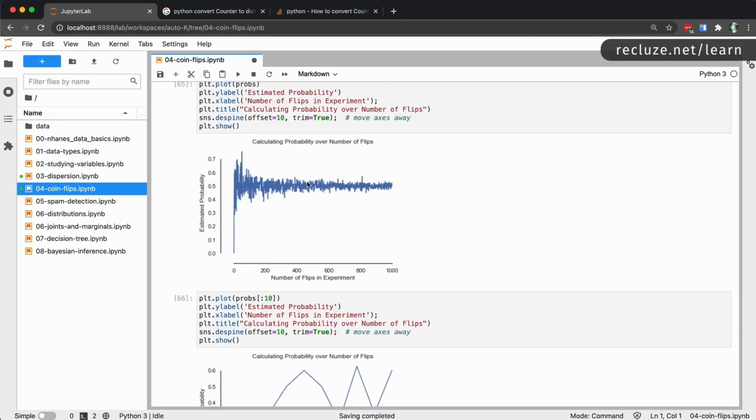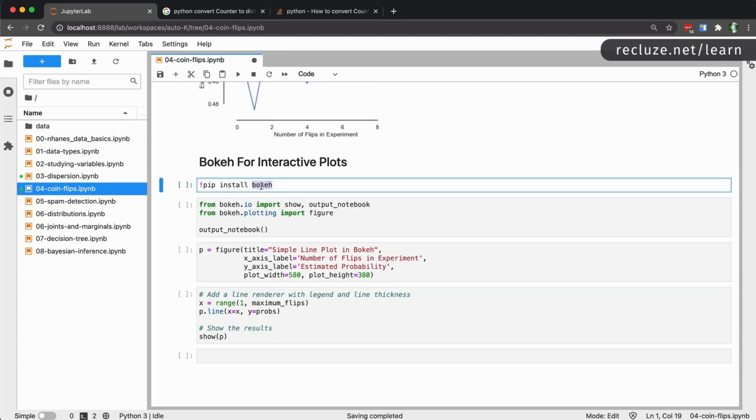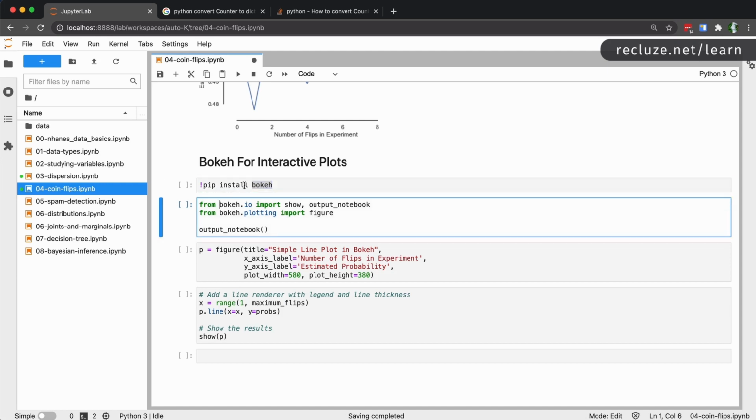Now, what if I want to zoom in on this portion over here, right? So it's very difficult to calculate what that is. So I'm going to leave you off with another library, which is called Bokeh. This is an interactive plot. It's almost the same idea as Matplotlib. So as I said earlier, if you understand Matplotlib, all the other libraries are fairly simple. So you install it using pip install bokeh. You are going to import stuff over here. So this is needed. Just as Matplotlib requires Matplotlib inline, this requires output_notebook, which is going to set up all the JavaScript and stuff for our interaction. So you'll see what this means in a minute.